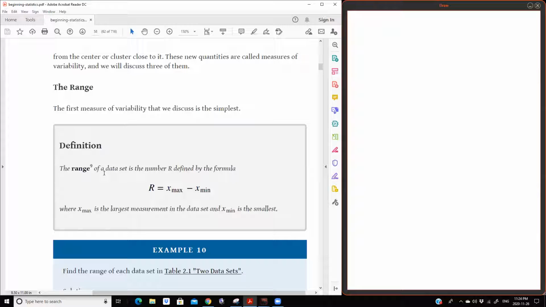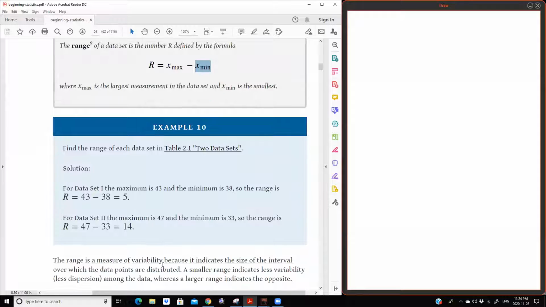Range is one of the measures of central tendency. The only thing you have to do to calculate the range is to do the biggest number minus the smallest number. That gives you the range of your sample. So for example,